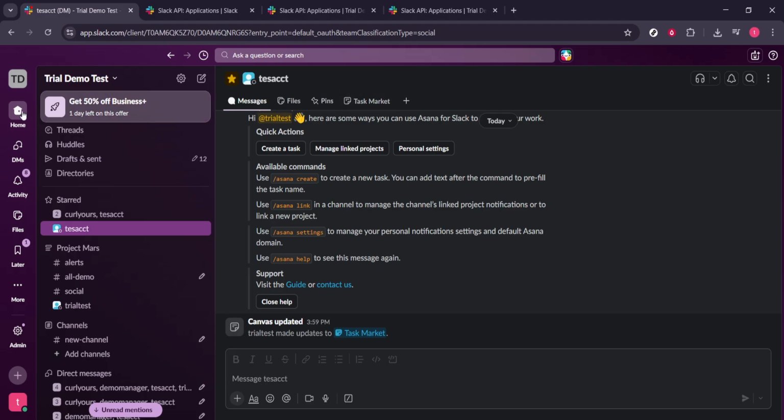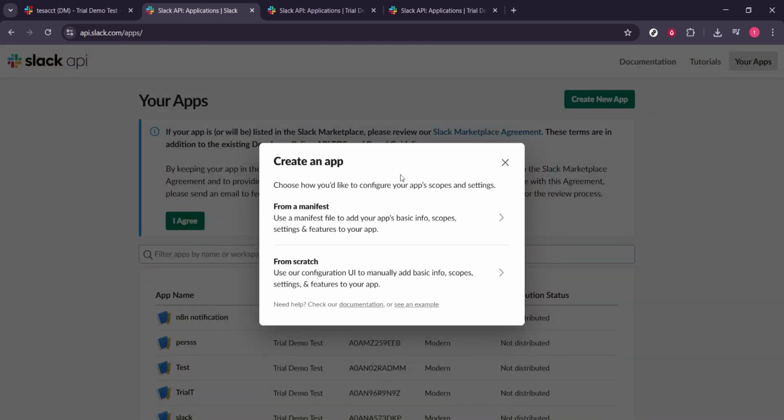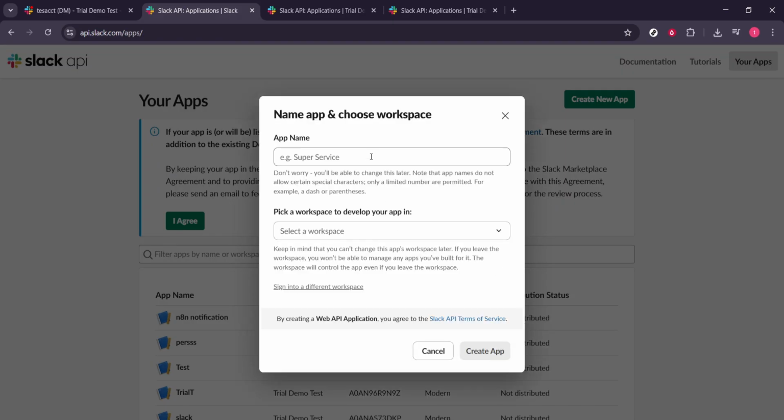Start by heading to the Slack API site and opening the Apps section. This is where every custom integration begins. Click Create New App to start a fresh configuration. When prompted for a creation method, choose From Scratch. This gives you full control over the app's name and the workspace it belongs to, which is exactly what we